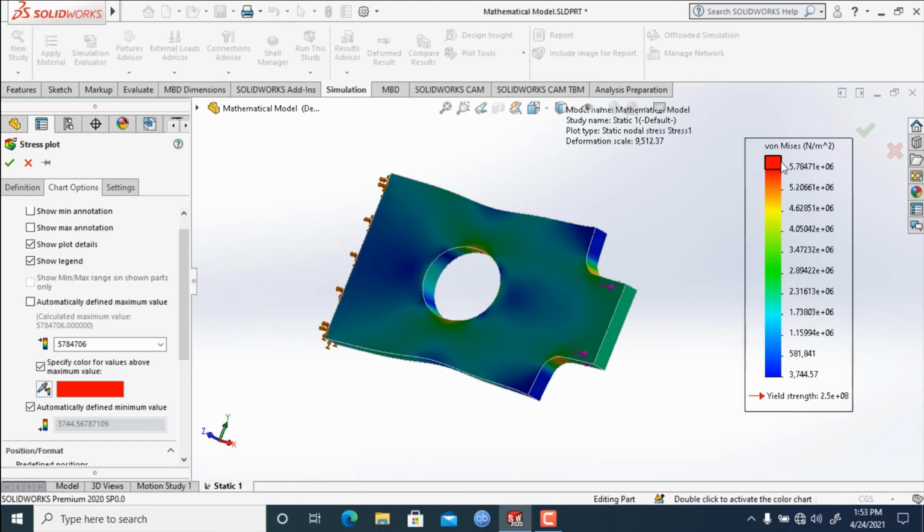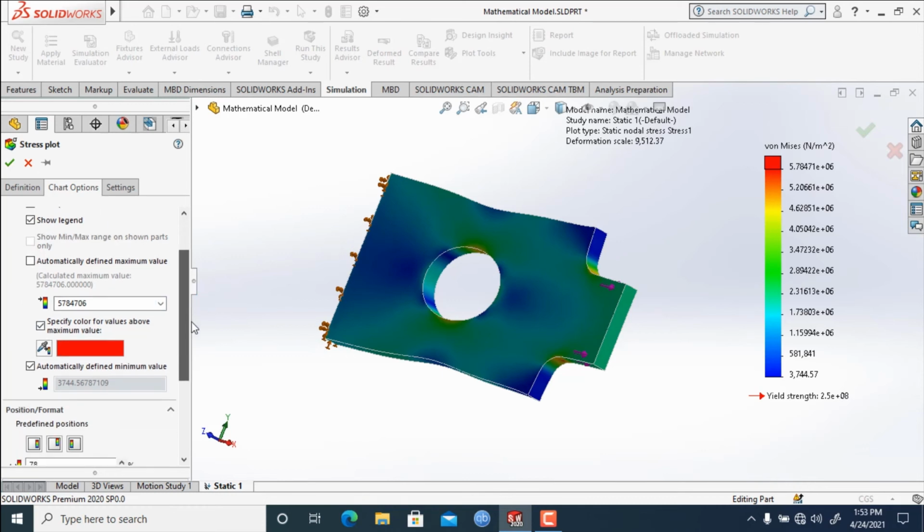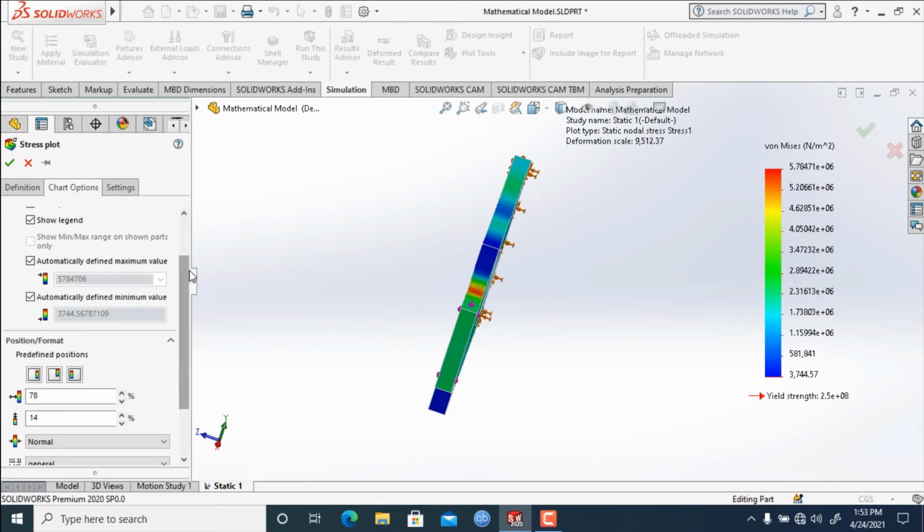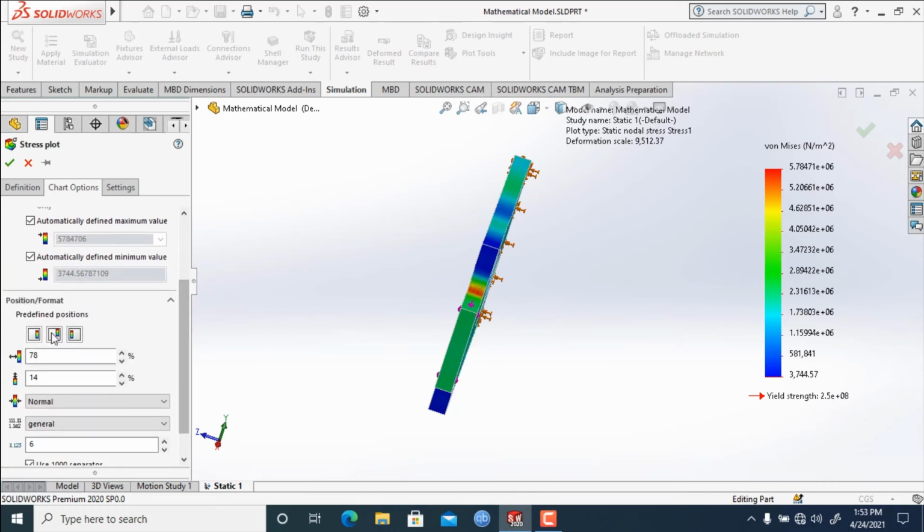If we click on this, as you can see the red area, we can change the color, specify color values above the maximum value. It allows us to select the maximum value we want to apply on this model. We will uncheck this and we will click on automatically select value. And the next option is